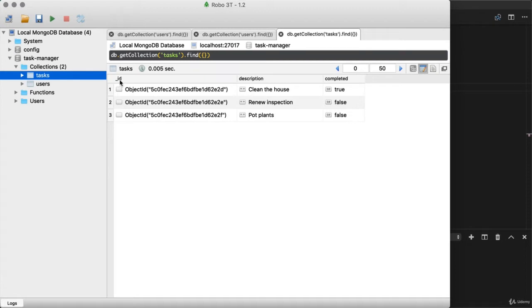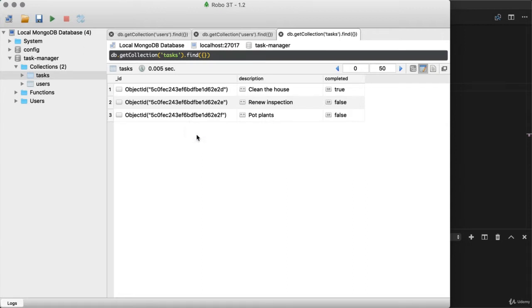Now, I briefly mentioned that this field is automatically created by MongoDB, and it stores a unique identifier for each document you insert into the database. In this video, before we go any further, I want to take a little time to talk about the value inside. We're going to talk about what object IDs are, why they're used, and how they're going to play an important role in MongoDB. Now, the value we're seeing here for the ID is much different than what we would see in a traditional SQL database, and this is by design.